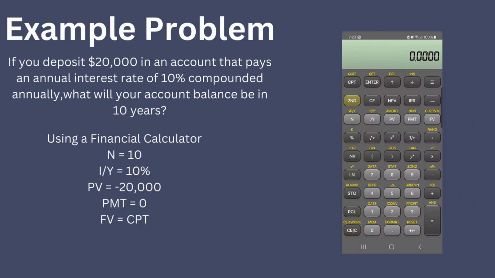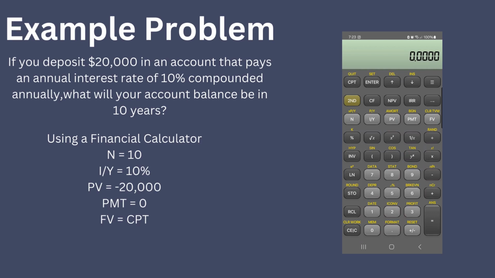Today we are going to go over an example about monthly compounding. But in order to understand monthly compounding, we need to do an annual compounding problem first, just to see exactly what effect that monthly compounding is going to have on interest. So in this particular problem, we have $20,000 that's deposited into an account making 10% interest